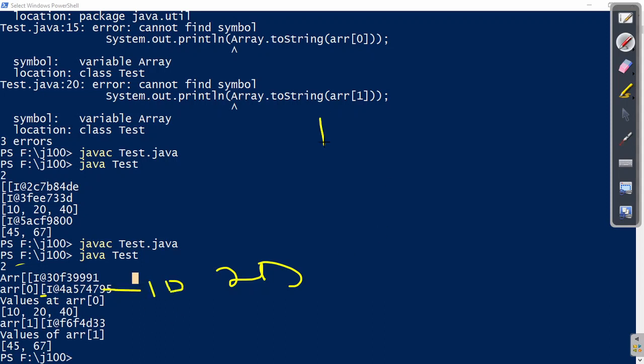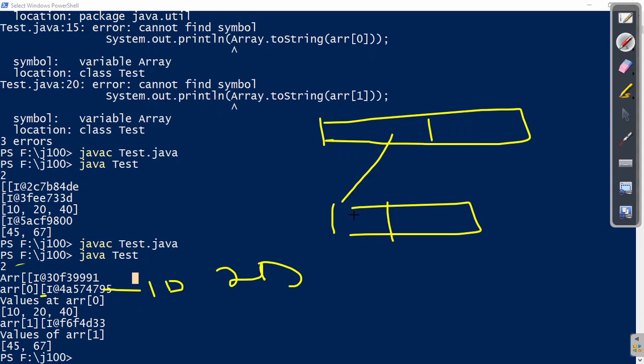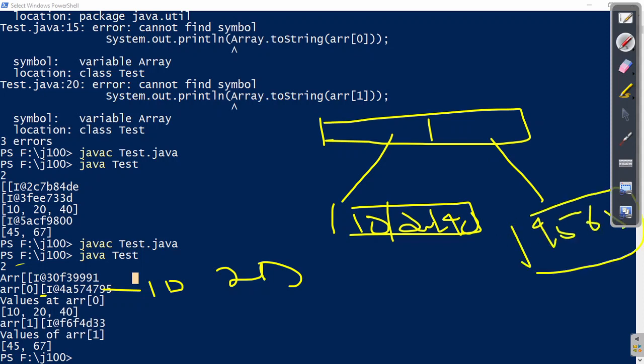How is it arranged? It will be arranged like this. First one will be 2. Second one, how many? 3 elements. This will be 10, 20, 40. The next one will be 45, 67. You can arrange like this, right? And the name is ARR. You can clearly see value at ARR of 0 is 10, 20, 40.